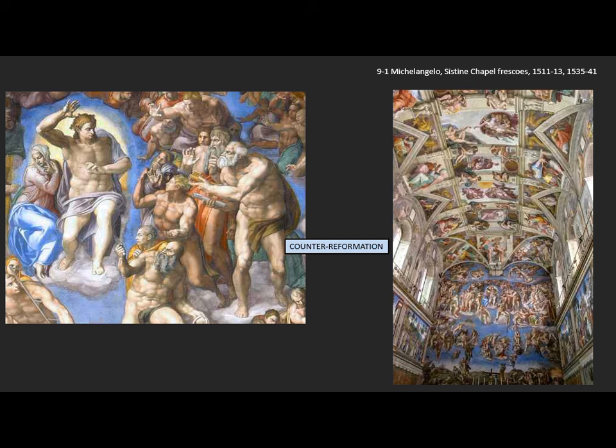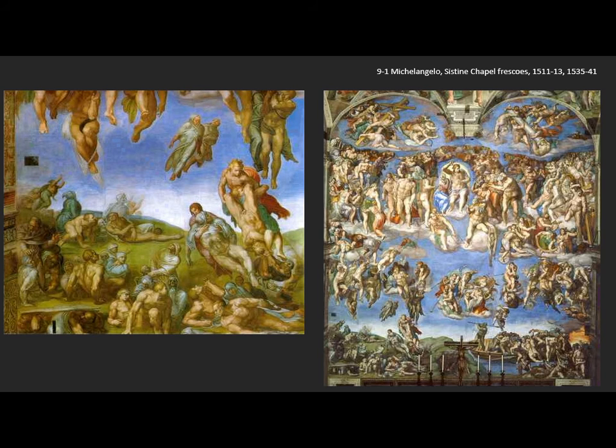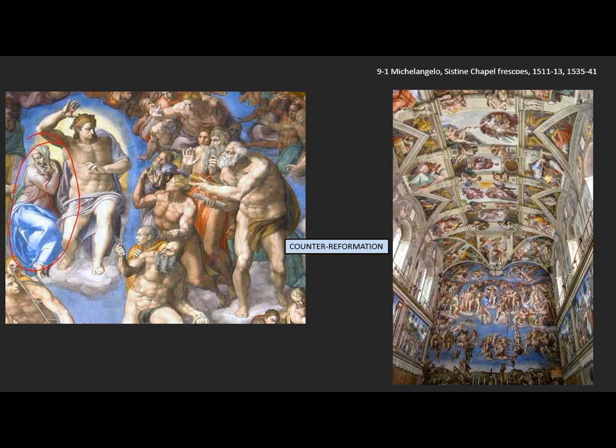St. Peter, who you see here, holding his keys, is pleading with Christ to save the damned, but you'll notice that he doesn't look particularly happy either. Again, this is part of the message. Only the Pope, and St. Peter was the first Pope, can intervene on behalf of the damned. But it seems almost as if he's not about to do it anytime soon. In fact, the only figure who seems concerned about the souls of mankind is the Virgin Mary here, on the left, who casts her eyes downward toward the souls that are coming toward heaven.